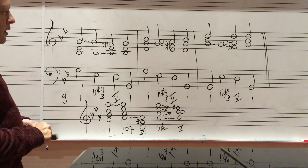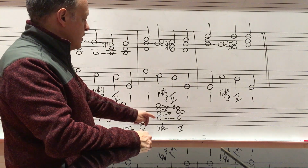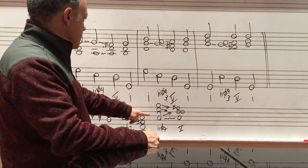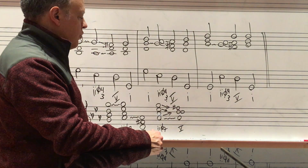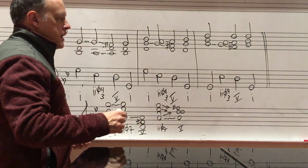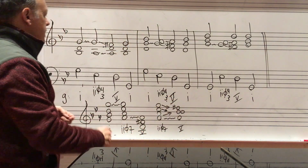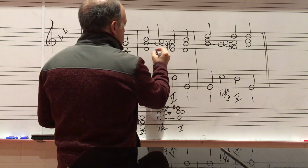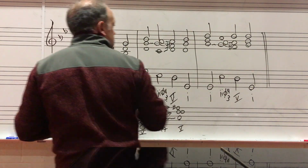And then the last thing again that I'm looking for, in this case, remember what has been taken care of is not the third. That's when we were going from 2, 6, 5 to 5. In this case, the fifth has already been taken care of. It's already doing what it's supposed to. What I really need to have is the third of the chord. So this tendency tone has to be rising up to what should be one of the doubled roots of chord 5. And so I already am going to have 5 in the bass, because the root of chord 5 is in the bass, because it's a root position dominant chord. So wherever else I find a D, I should already be in a position to get there from a nearby C, which I am right there, which I am right here, and which I am right here. I'll shift that just a little to the side,